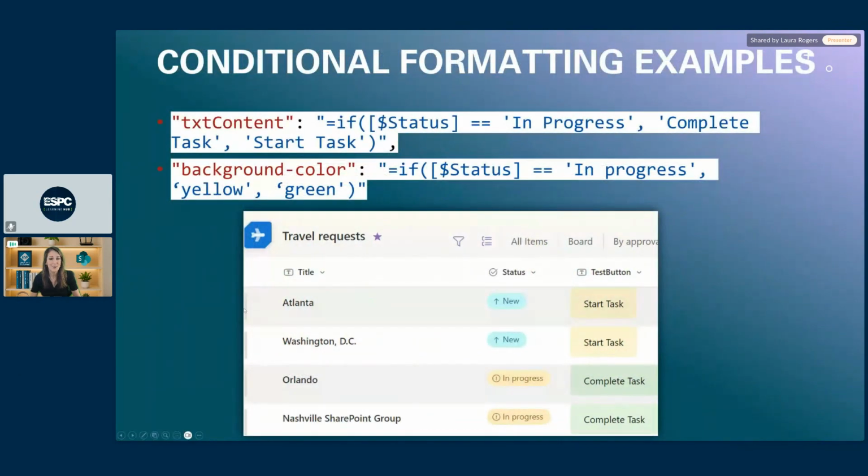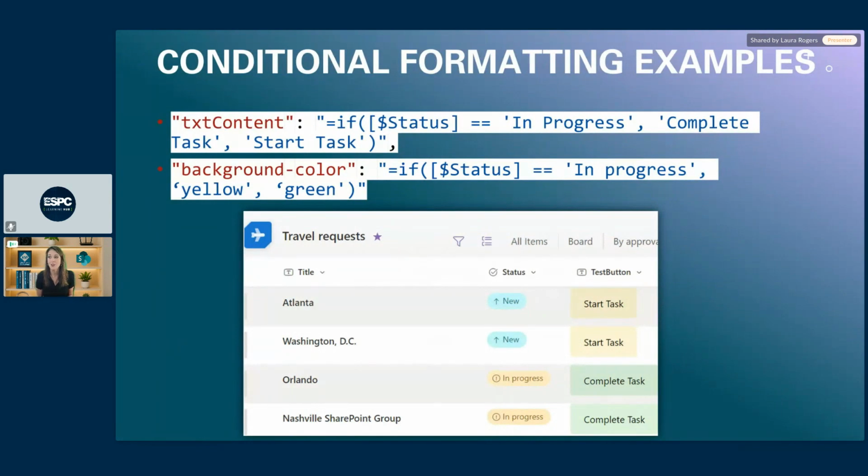Here are some examples of the syntax for conditional formatting. And again, if you don't know how to write this syntax, Copilot can do it for you. So these are just a couple of examples. So if the status equals in progress, then mark it complete task. Otherwise, mark it start task.